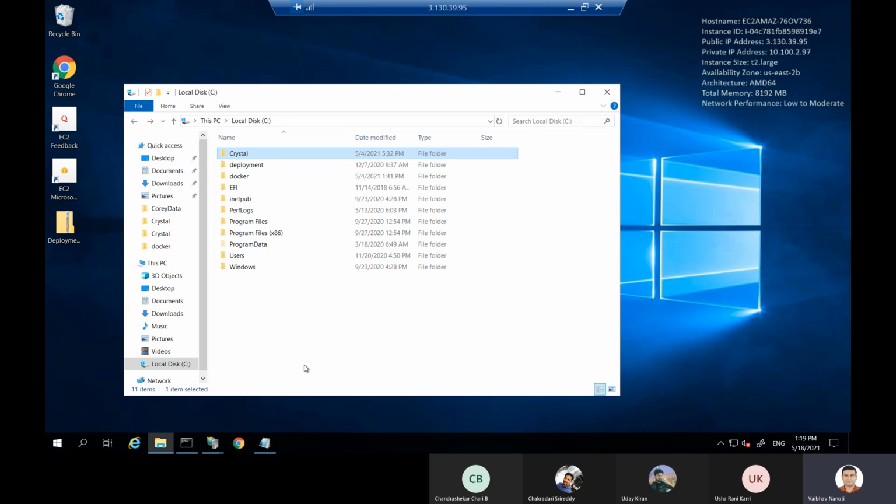So now I think Uday and Usha, you should prepare one VM, the same as this Windows 2019 VM, and copy to it. I will give you how to copy from this folder to that server, both images, and start the container.